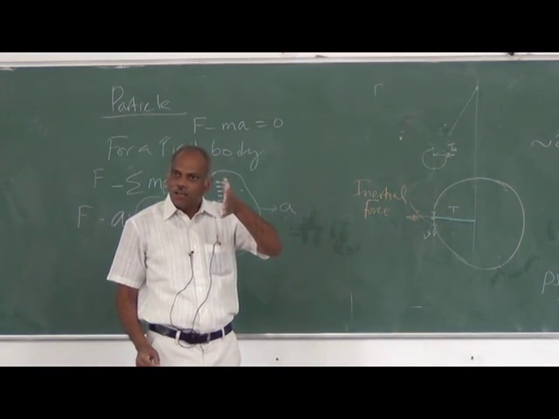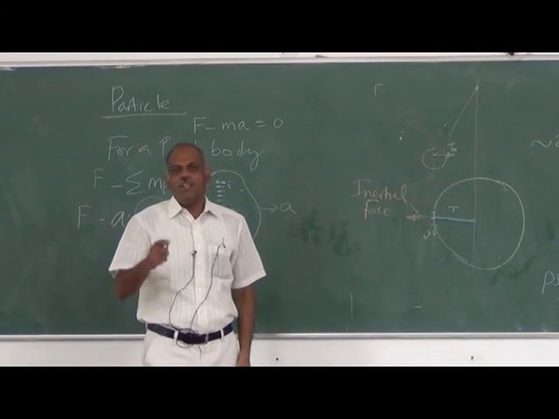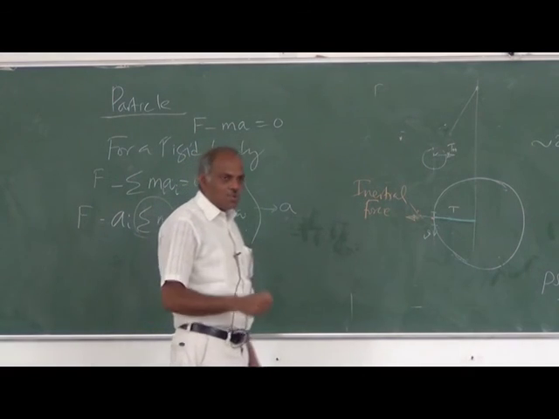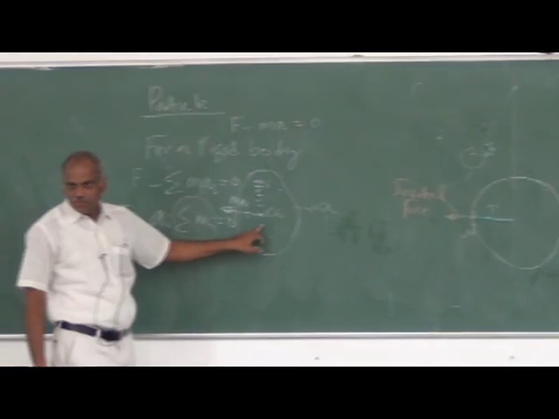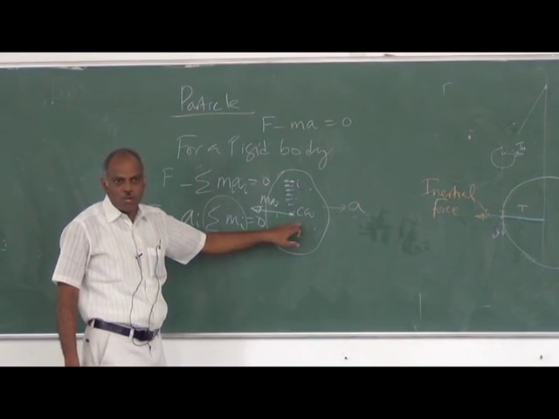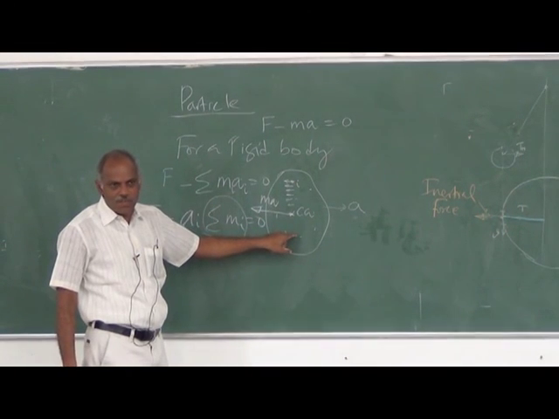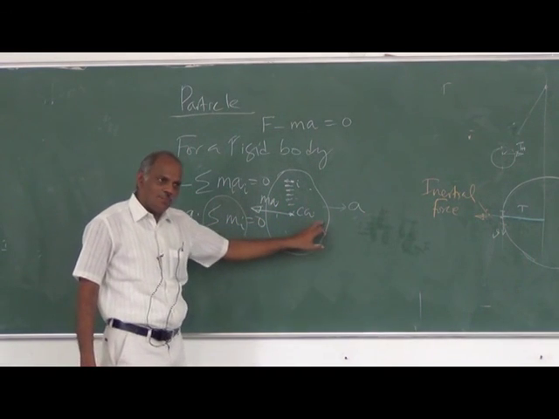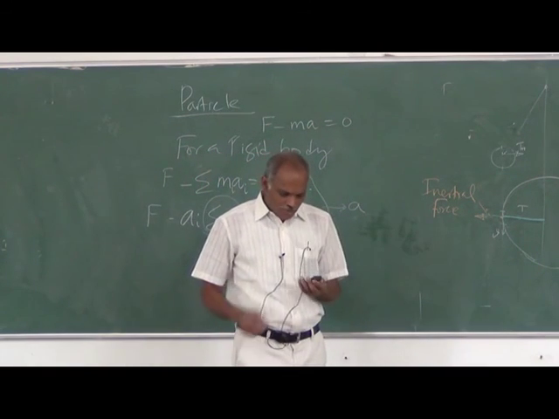So for finding out the inertia forces, we need to know the acceleration, and that too we need to know the acceleration of the center of gravity of the linkage. Okay, so we know how to draw the acceleration diagram of the linkage, but we need one more step in that. We should know how to find out the acceleration of the center of gravity of each linkage. So only then we will be able to impose the inertial force on that. Okay, we will continue this in the next class.